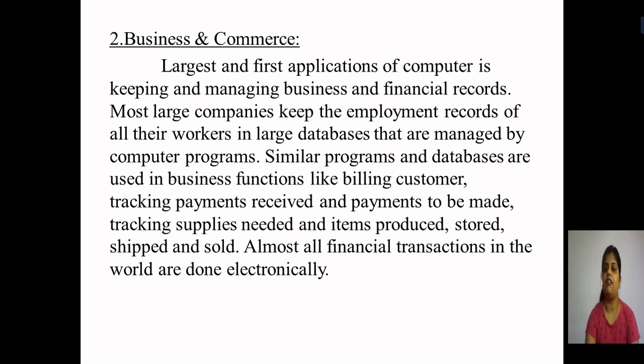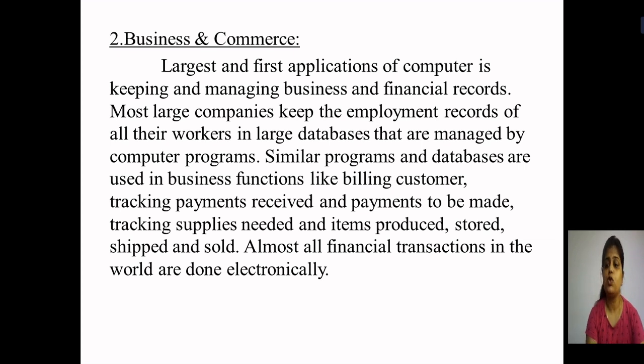Okay, have you all got it? What is done in business and e-commerce? What you all have to remember is that this is one of the applications of computers in which you have to manage different types of business and keep the financial record of that business. For example, for keeping the record, you have to create a database, for example a database of the employees.